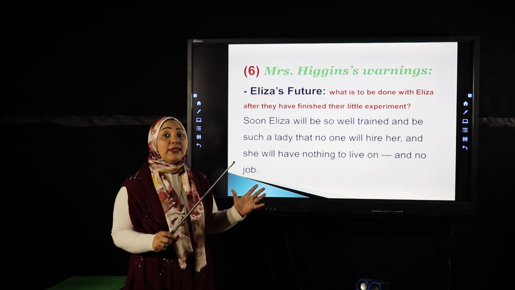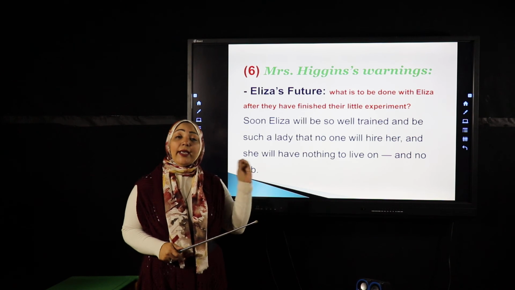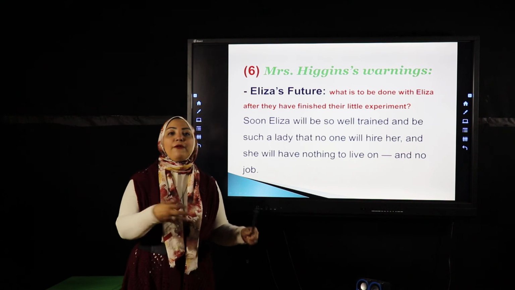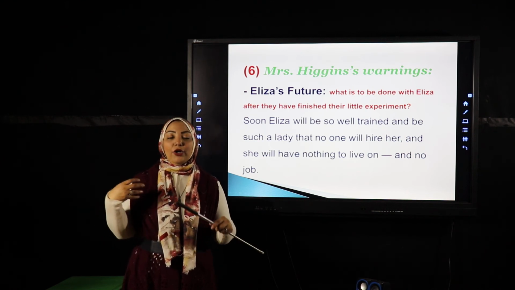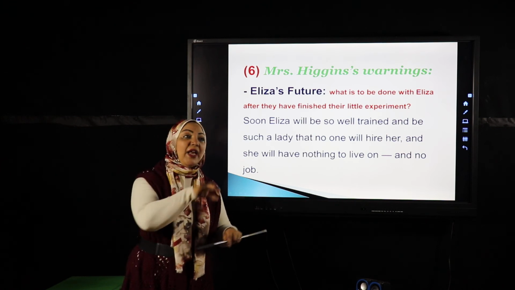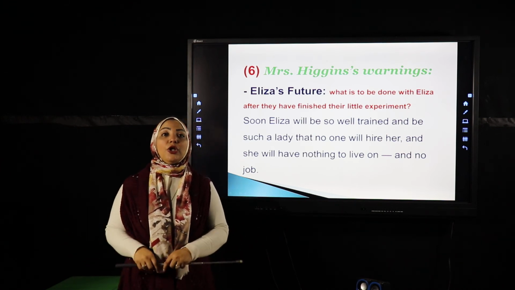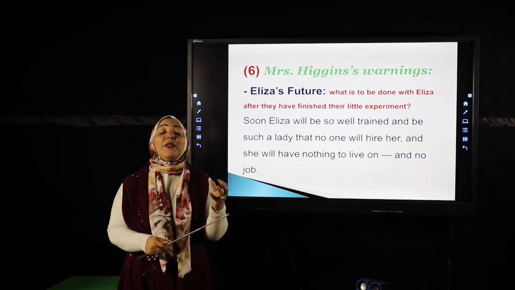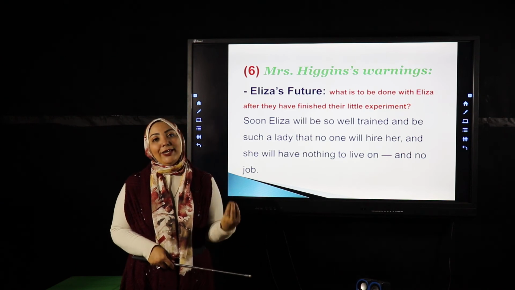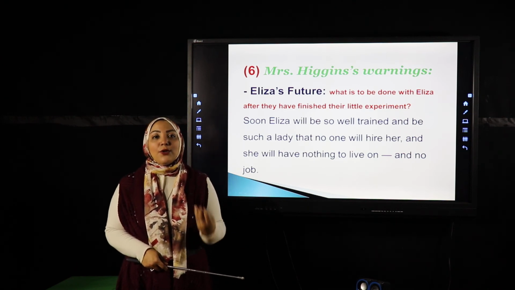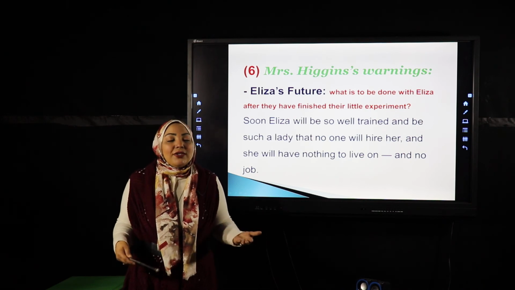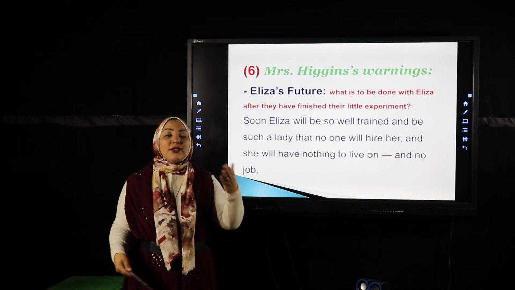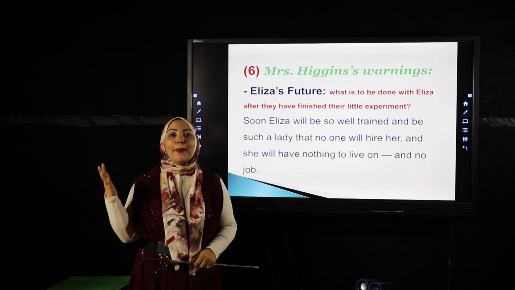But actually Mrs. Higgins felt that both Colonel Pickering and Professor Higgins were dealing with Eliza as if she is a doll. She started to make fun of the way that she is getting her lessons, about how she repeats them like a parrot, how she is sometimes a quick learner when she is having some music lessons, etc. As if they have a doll or something that they are playing with, not considering Eliza as a human being. So Mrs. Higgins felt that talking to them would not be very beneficial or useful. So they left and she kept saying, men, men.